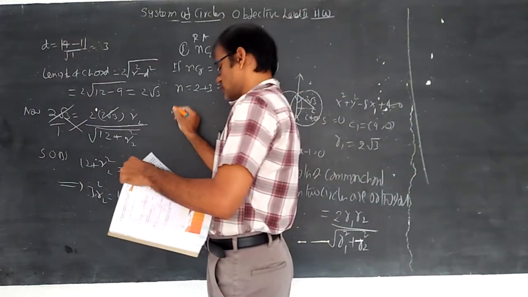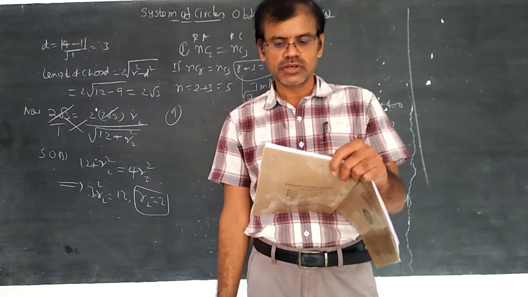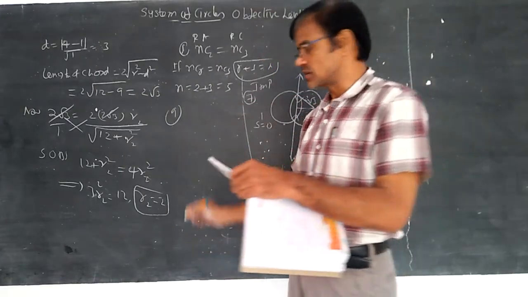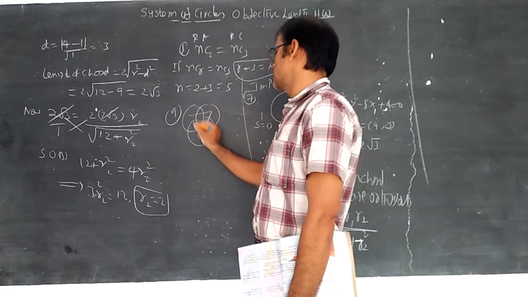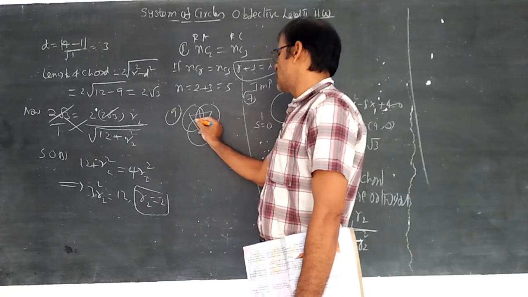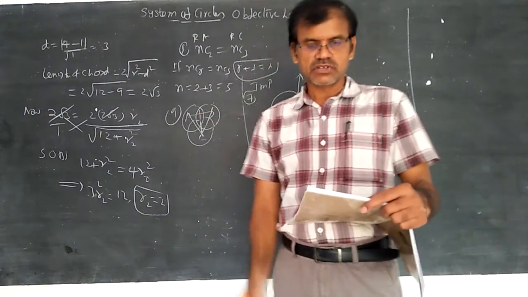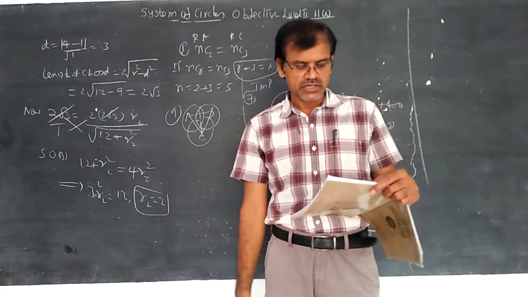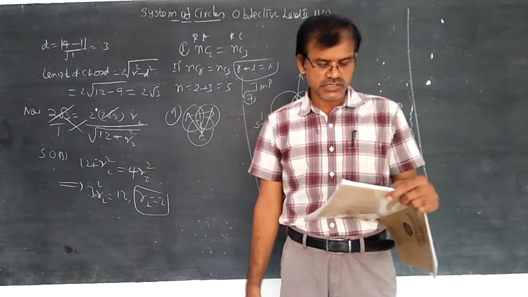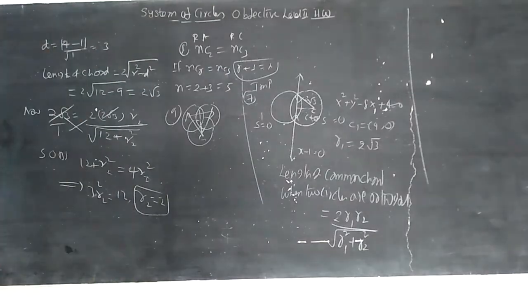Next, 9th question. A, B, C are the centers of 3 circles which cut each other orthogonally, the radical center of 3 circles. In synopsis, I said that whenever the 3 circles are orthogonal, the radical center is the orthocenter of the triangle ABC. Whenever the concept of orthogonal and diameter is there, you can try to understand, it depends upon 90 degrees. It is ortho. So the radical center is nothing but the orthocenter. The 9 questions are completed. Let us go into the 10th question.